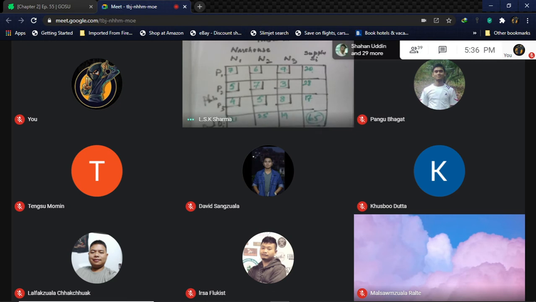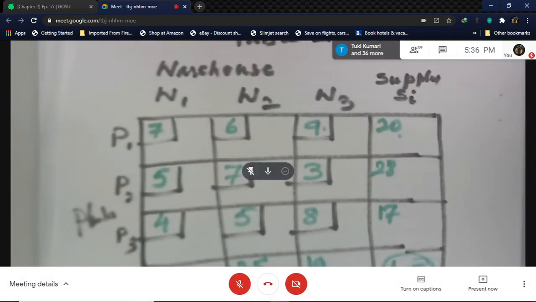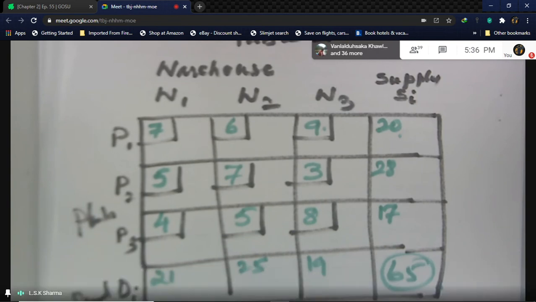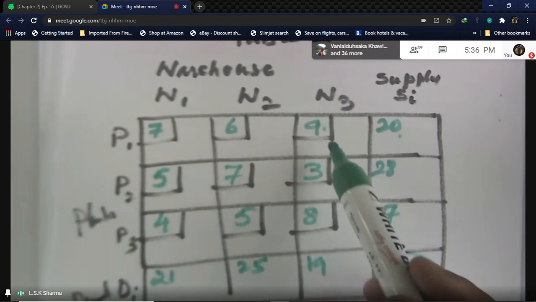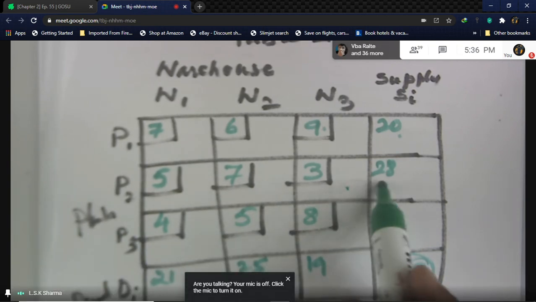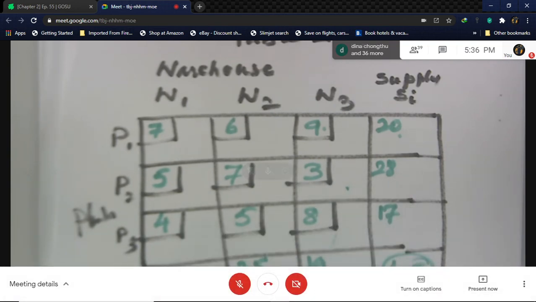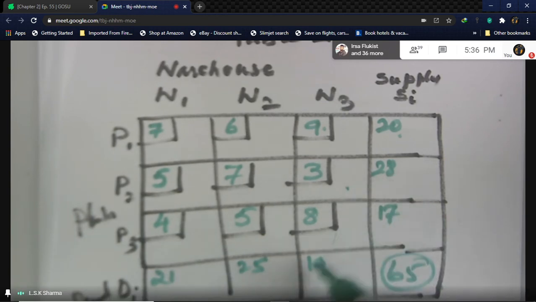Okay. Now let us solve this problem by using the least cost method. So among these, which one is the least cost? You see there is a cost of 7 rupees, 8 rupees, 9 rupees, and so on. 3 rupees is the least cost. So in this 3 rupees, how much can I allocate out here? So you see this row and column. What is the figure out here? You have 19 and 28. So how much can I allocate out here?